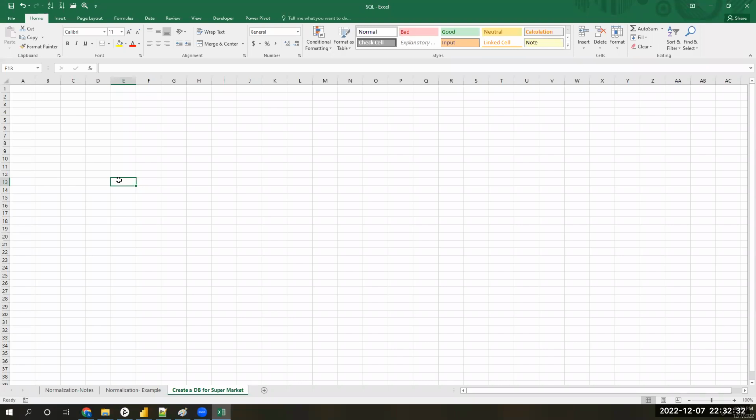Before, I thought it was a general word or something. But after listening yesterday and doing some reading, I understood it's not just a word, it is a concept related to databases.